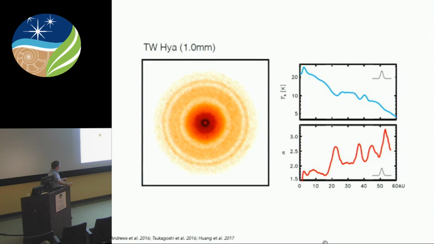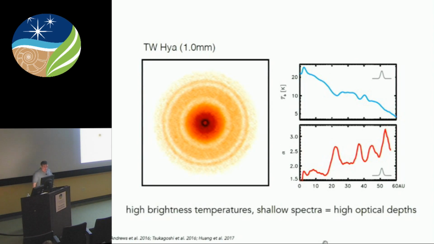So basically everywhere we see emission out to 50, 60 AU, just like HL Tau, looks thick. And where you see the gaps, it looks like there are small particles in there. So this is actually a really important development in how we interpret data. So anyway, you have high brightness temperatures, shallow spectra. That suggests to me that you're optically thick. You cannot rule out there being planetesimals and being marginally optically thick, which would mean there's a heck of a lot of planetesimals in those regions, but I have no objection to that. But the suggestion is that they're optically thick.